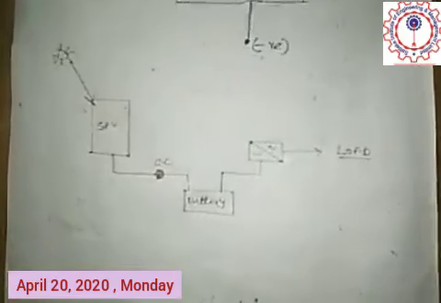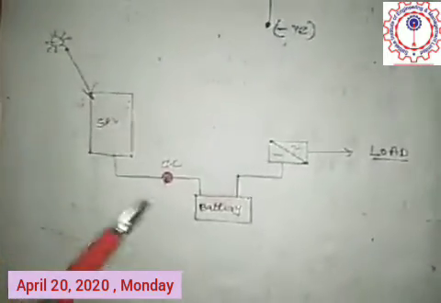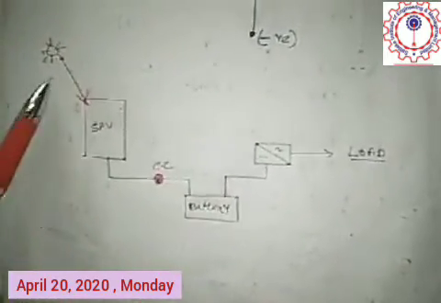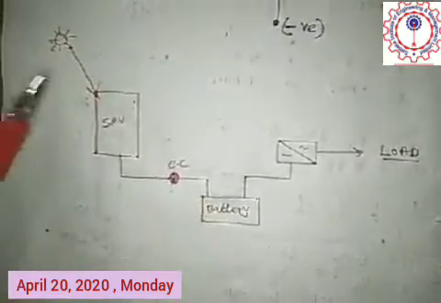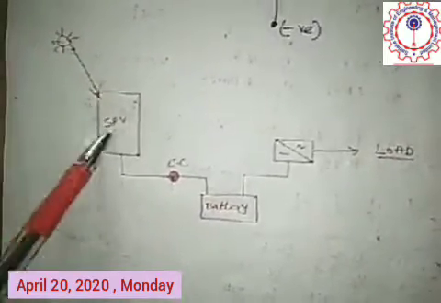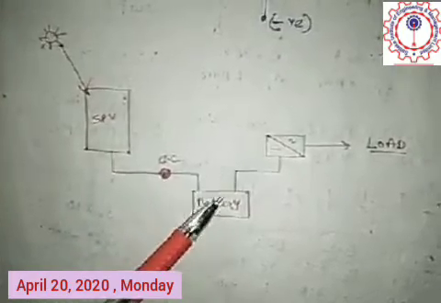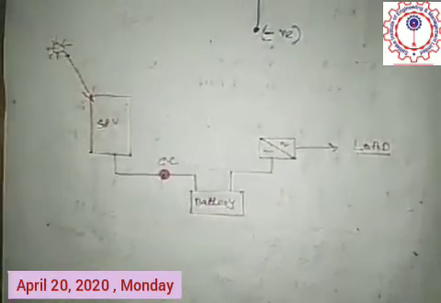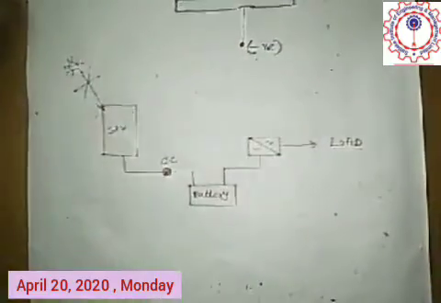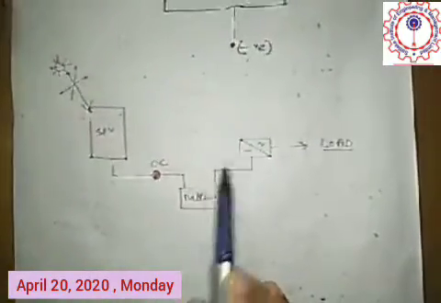This is the basic diagram of the operation of a solar system. There is the sun and this is the PV system. At daytime it receives the sunlight and through the charge controller it charges the solar battery, and after the loss of solar radiation at night time, it will